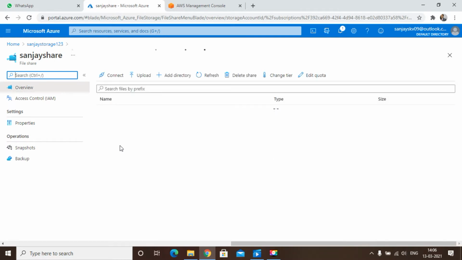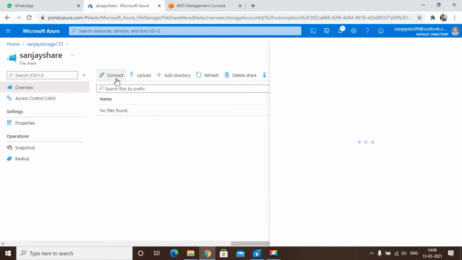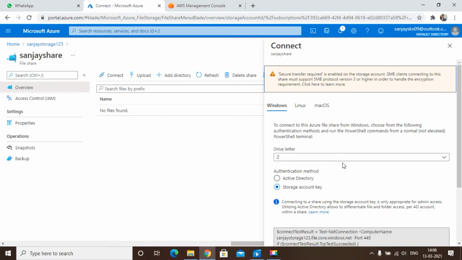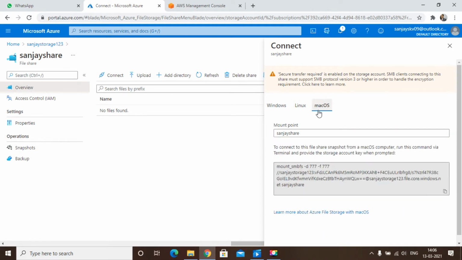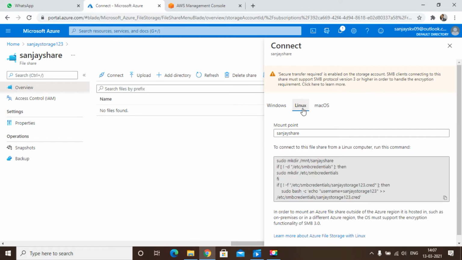Now obviously I want to access this service on my AWS instance. So how to do it? Click on connect. You can mount on Windows, Linux, or macOS. In this session I will mount this file share on a Linux instance.